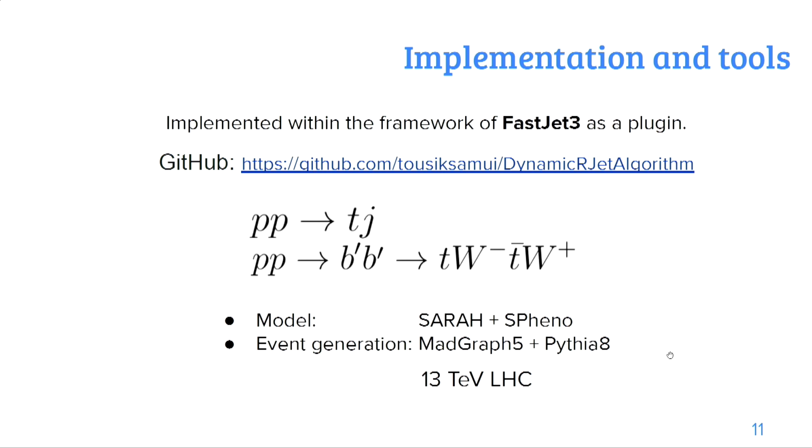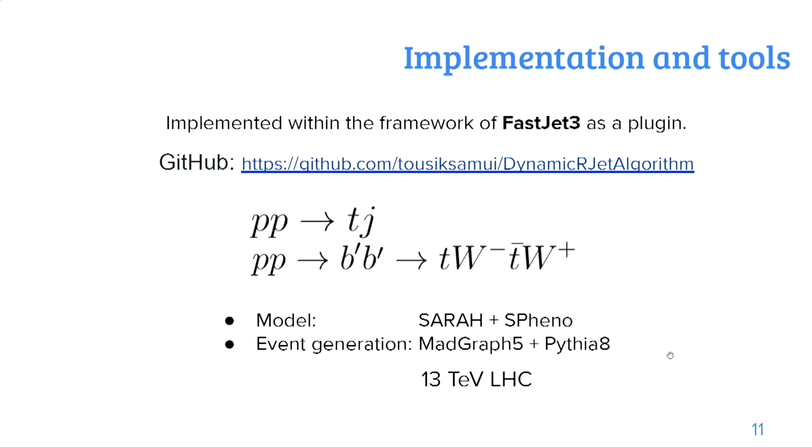One is a proton-proton collision at 13 TeV, where the final state is a top and a jet. Why did we choose this top and jet? The top will give us a fat jet, whereas J, which is basically a quark or gluon, will give us a narrow QCD jet. So we wanted to see whether we can get two different size objects from a single event. And another